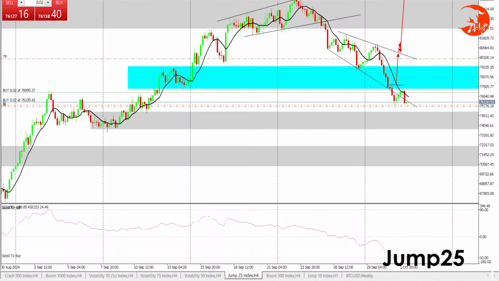But for you guys to enter, please, entry is at that level. Once it breaks that level there, that is our neckline there. Once it breaks that level, then we'll be looking at